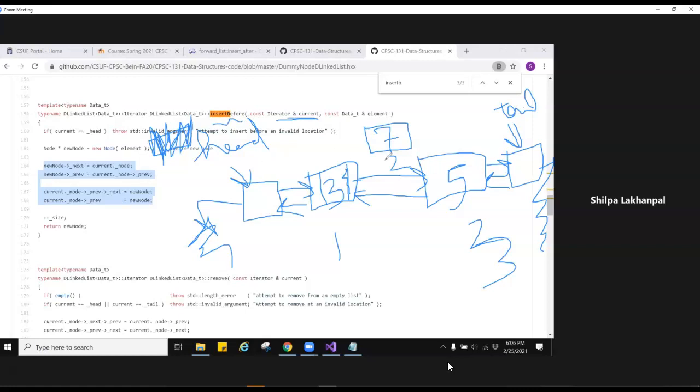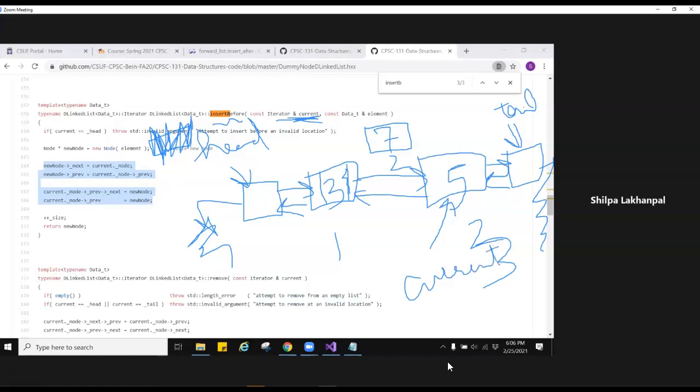So the point being that if you are trying to insert at a certain location, so mostly at position 2, you're technically moving the actual point a little bit backward, so the new node can come at position 2. But the point being that you're inserting it right before that position. And now they are using iterators over here, but think about an iterator just like a pointer. So this position is called current. So this is current.